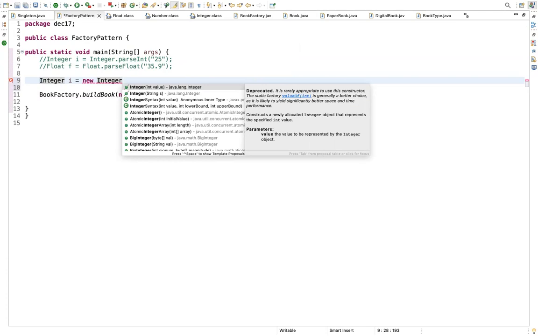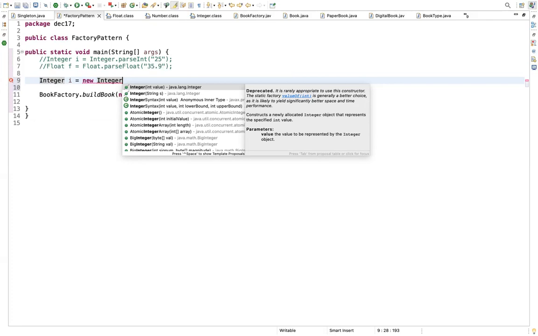The same way you did it in your paper book and the digital book, where you had the default constructor, in your actual book class you had a parameterized constructor which accepted that input, and post that we create the object. The same way in your Integer class, you can give either a normal primitive value or a string value. So these are the two ways you can create your Integer object. How did you create it in your paper book? The same way you can do it.